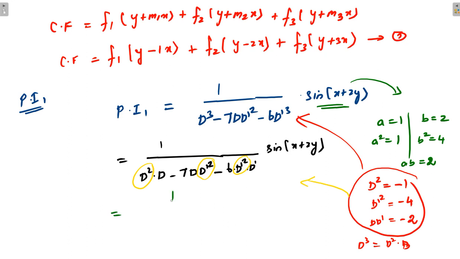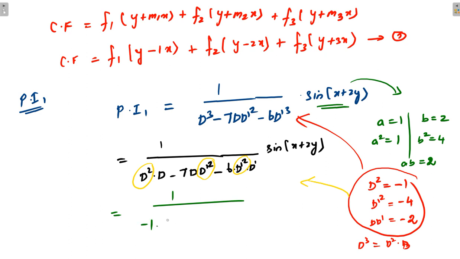I am going to apply the values by using this expression. So which is equal to 1 by, if you substitute, so here you keep in mind, suppose a trigonometry function is coming, you can't apply the values for d and d dash. Only you can apply d square and d dash square and d d dash only. It's not possible to substitute the values for d and d dash while a trigonometry function is coming, right? So except d and d dash, try to substitute the values for the remaining terms.